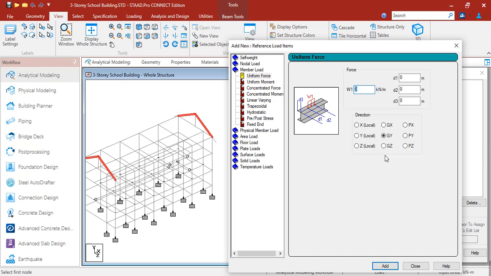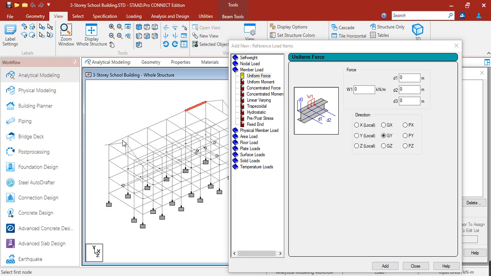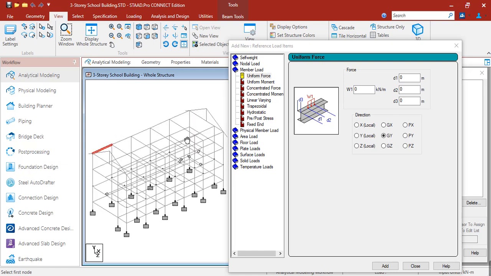That is 4.7 at this point, and this is 4.9, but we can use the most conservative value, which is 4.7 divided by 2. So that is negative 1.41. Then click add.